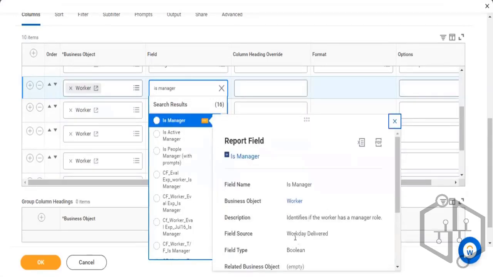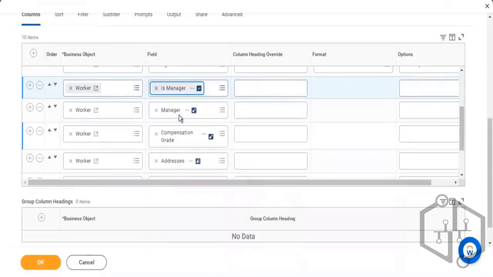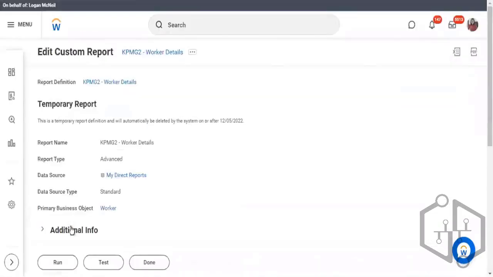If I go in here, it is a Boolean. It basically identifies if the person is a manager. If the person is a manager, it will return yes. So a yes in Workday terms corresponds to true. If the person is not a manager, it returns blank. Blank means false. So when I run this report now,